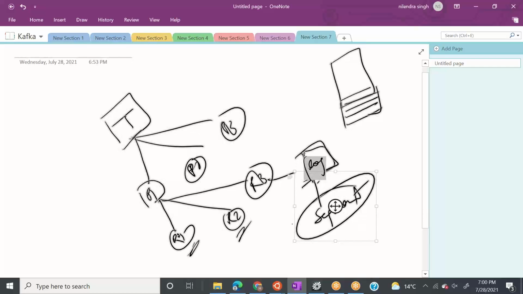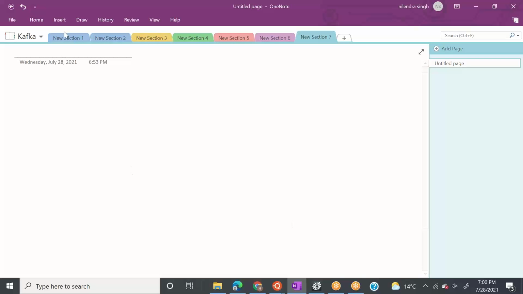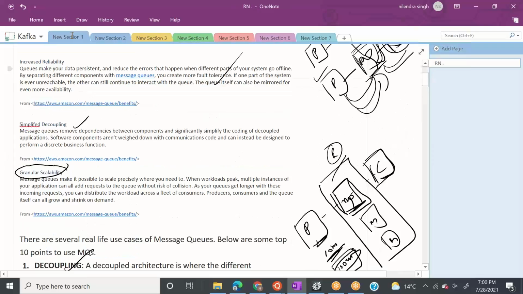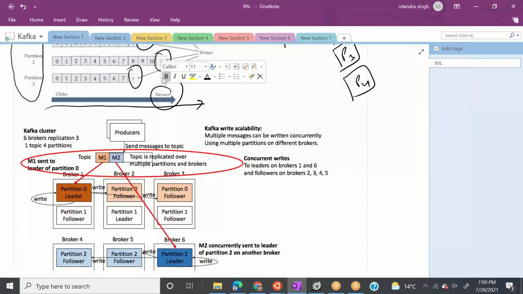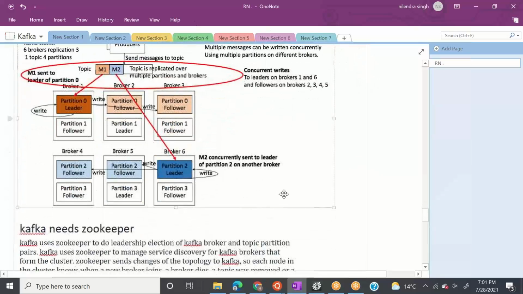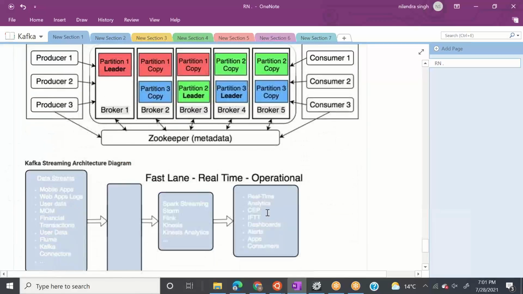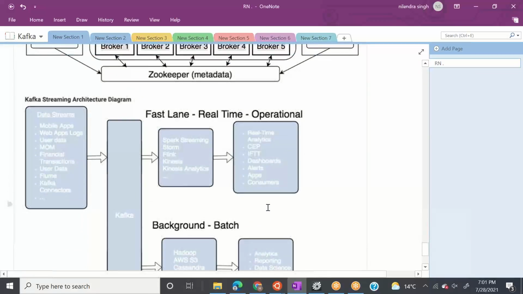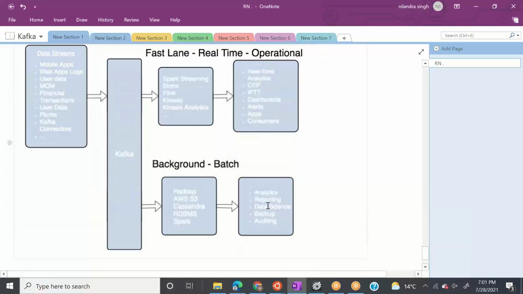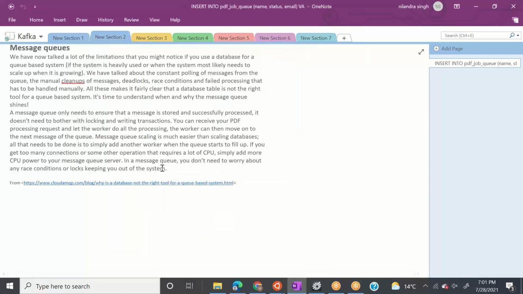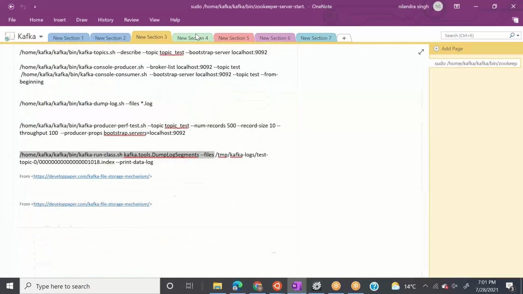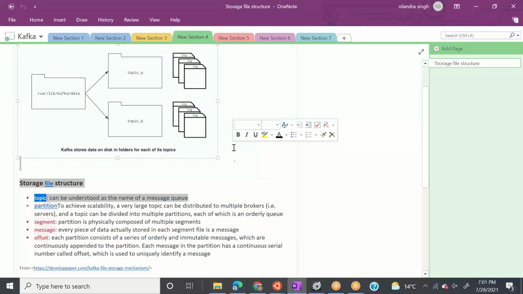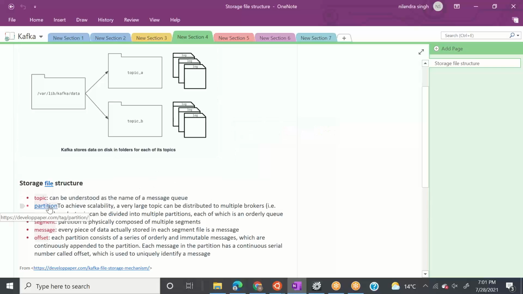Okay, so what I did, let me see if I missed something before. So I think I have covered almost everything. Okay. Messaging queues we talked about. This we will cover. So we have covered topic, we have covered partition, we have covered segment.